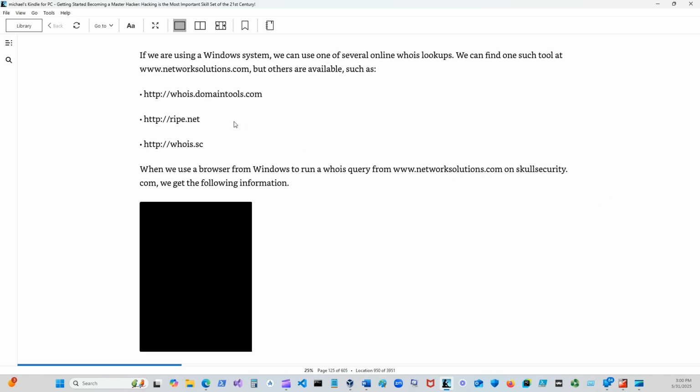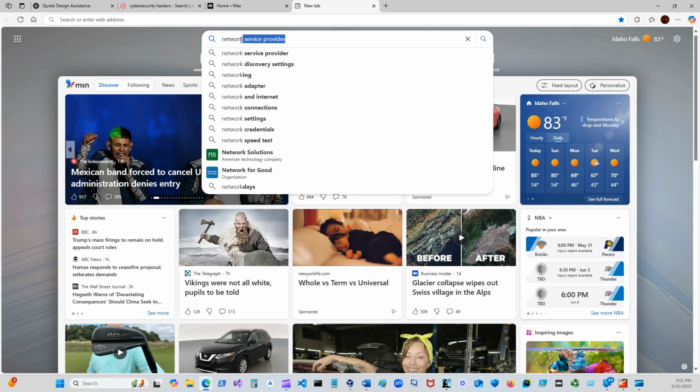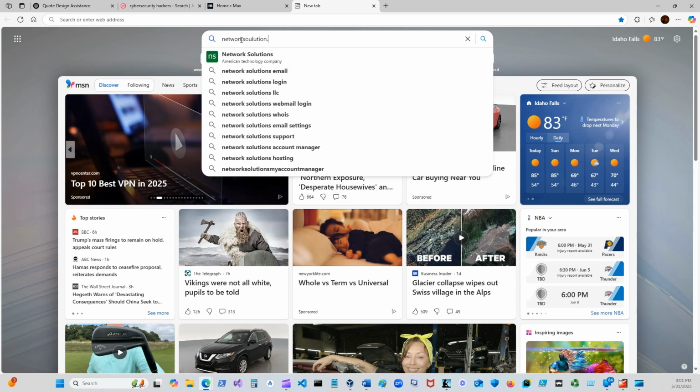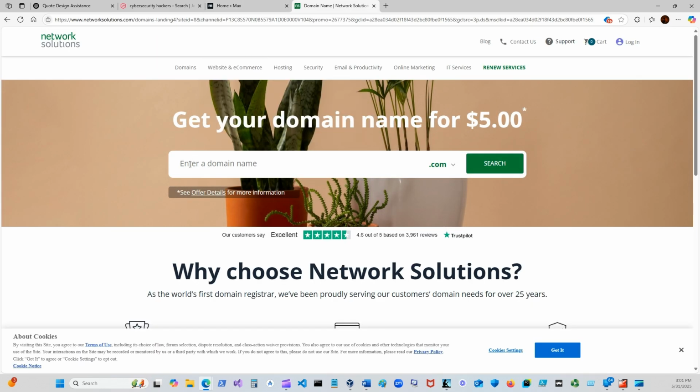Networksolutions.com. Okay, let's go to networksolutions.com. How do I open this? Domains here, and then it says enter domain name.